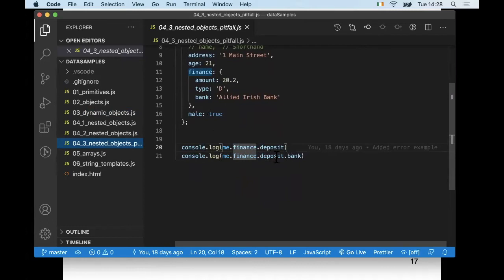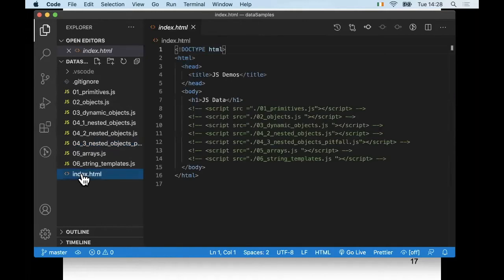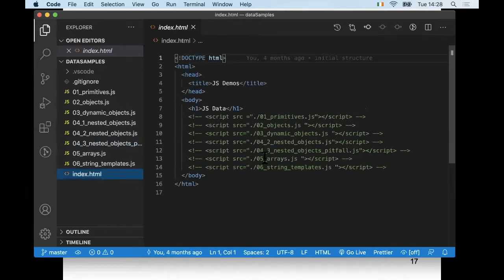In the next line, I am ignoring that, and I'm doing a .deposit.bank. Now, because me.finance.deposit evaluates to undefined, when I then try to index into that, it is going to throw an exception, and the runtime will crash. I don't really need to prove it to you, I'm sure you take my word for it, but if I just enable this